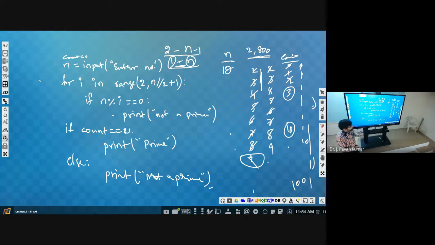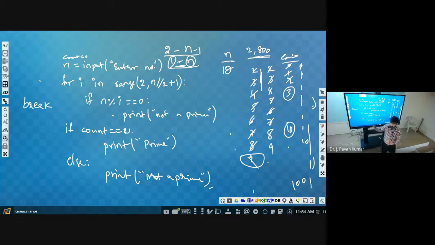For that we have a construct called break. Break is the statement which is used to terminate the loop prior to its normal completion. I am repeating once again. Whenever we use break, the loop will be terminated prior to its normal completion.